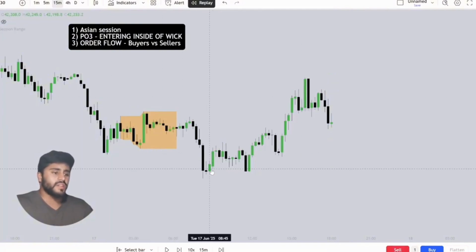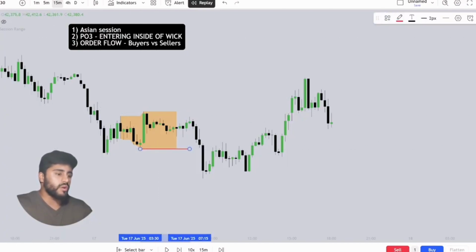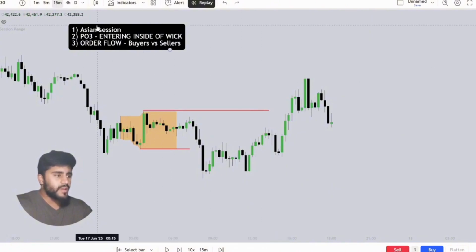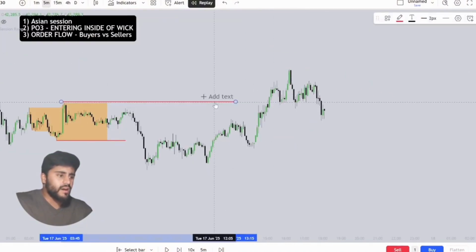So what is the importance of an Asian session, right? So the Asian session I use very simply. I want to look at the Asian low with one red line, and I want to look at the Asian high, the next red line. And so if we now go down to the 5-minute time frame here on the Dow Jones or US 30, right? The way I typically use